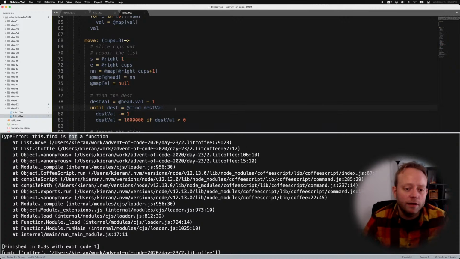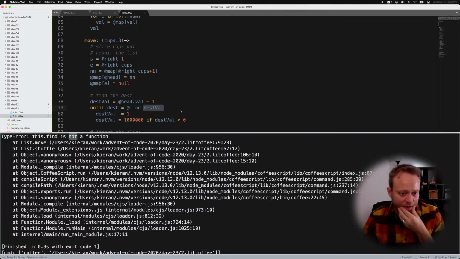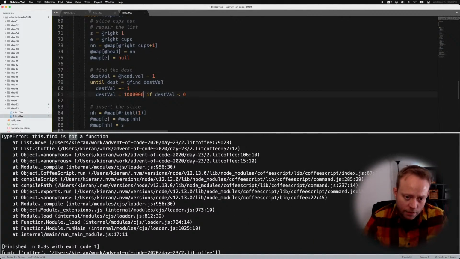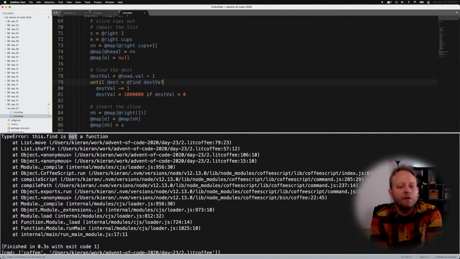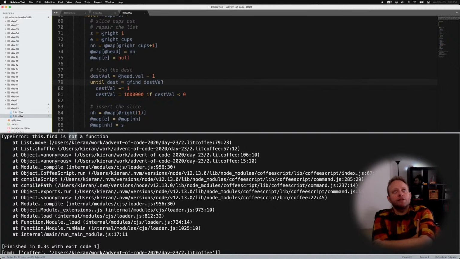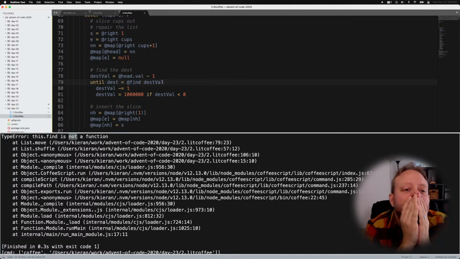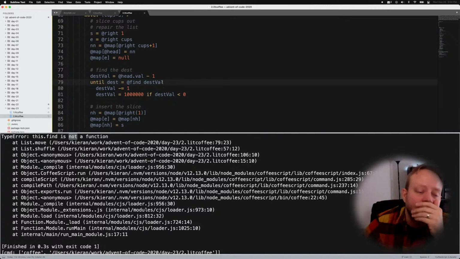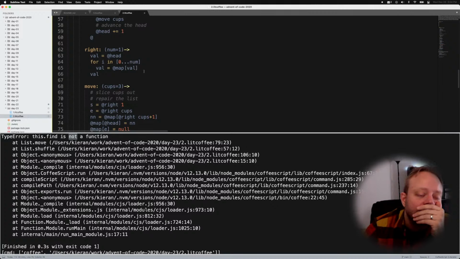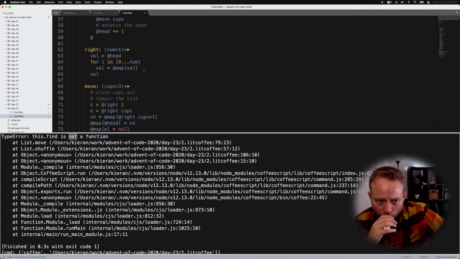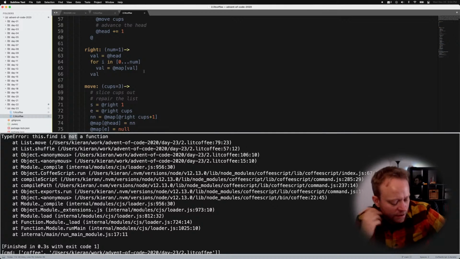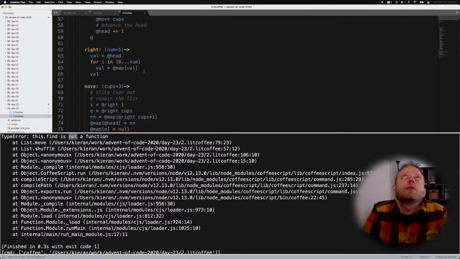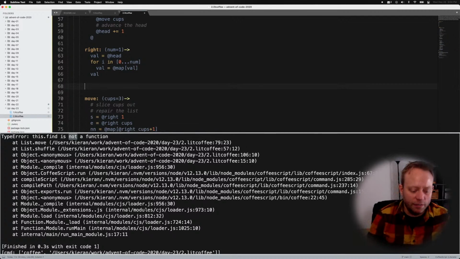Line 79. Find dest val. So what we're trying to do here is figure out what the destination is. And the destination is just going to be val -1, unless maybe that's in the next 3. So how are we going to figure out what the slice is? I guess we want to have a slice,